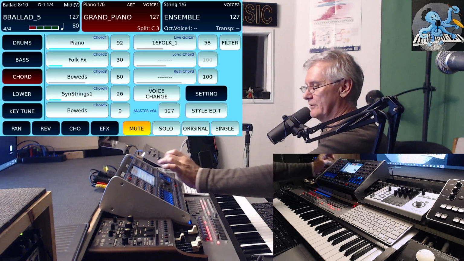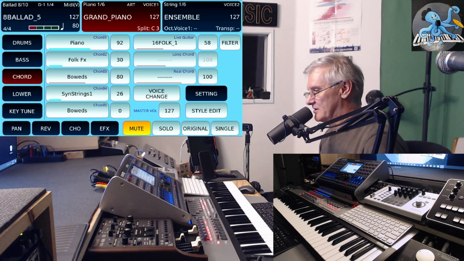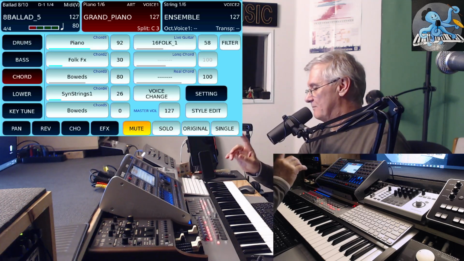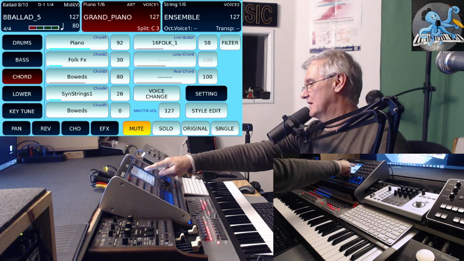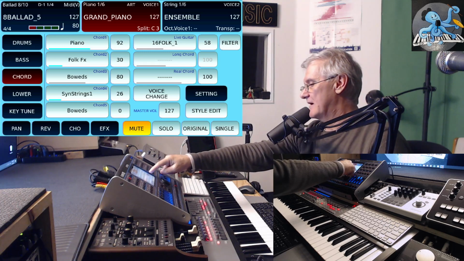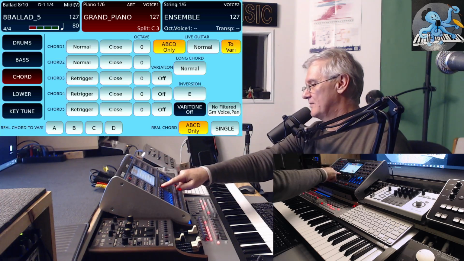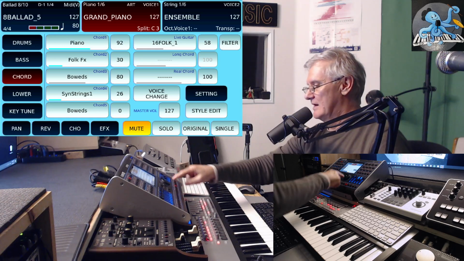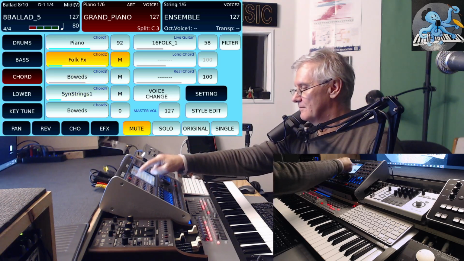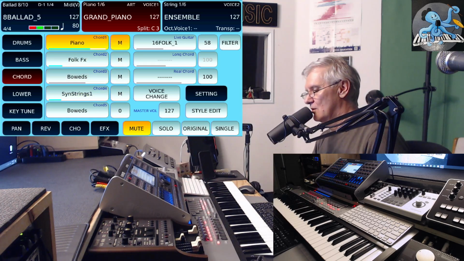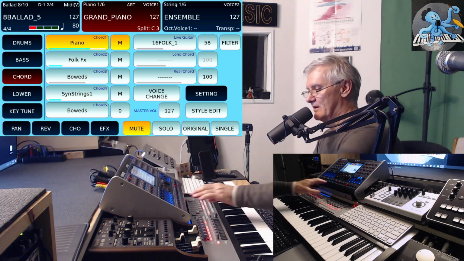I will go to chord section. In chord section, I have the possibility to control the VARI button with a live guitar. If I go to setting, now a live guitar, I can press to VARI, and now if I play, I will mute everything here. There is no live guitar. When I press VARI,